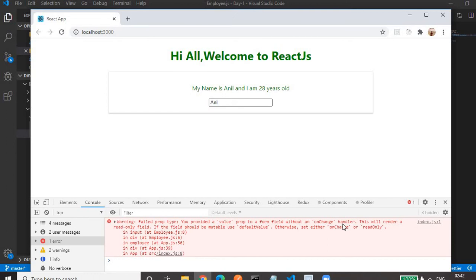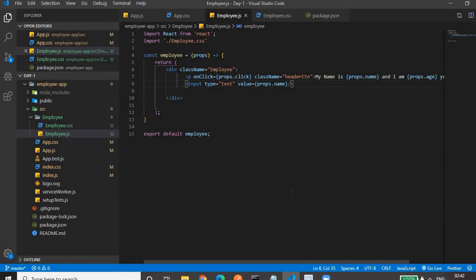This will render a read-only field. If the field should be mutable, meaning if you want to change the field, use default value, otherwise set either onChange or read-only. So to rectify this, we have to use either the onChange event or read-only. So if I use read-only,